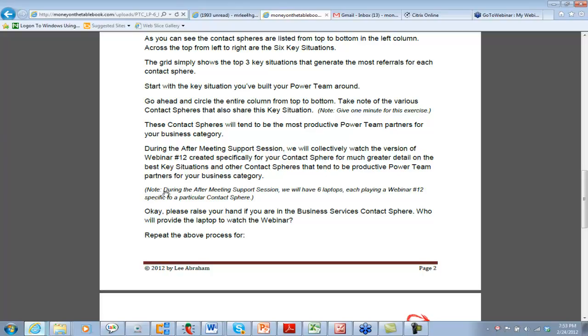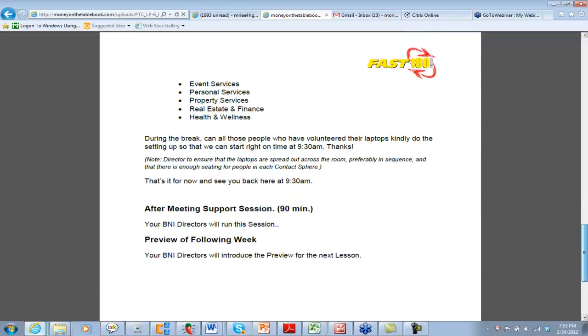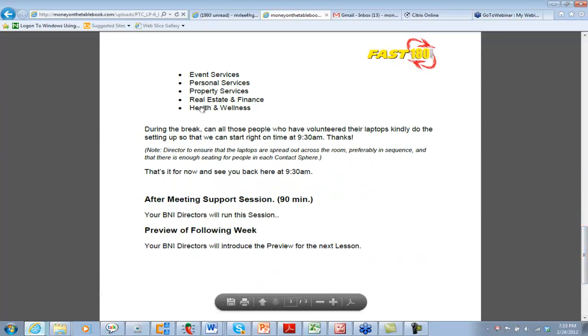So here's the note. During the after-meeting support session, we will have 6 laptops. Remember, we talked about that from the prior lesson plan. We now have 6 laptops, each playing webinar number 12, specific to this specific contact sphere. Okay, raise your hand if you're in the business services contact sphere, who will provide the laptop to watch that webinar? And then you simply repeat the process for all 6 contact spheres, and then simply wrap up by saying,